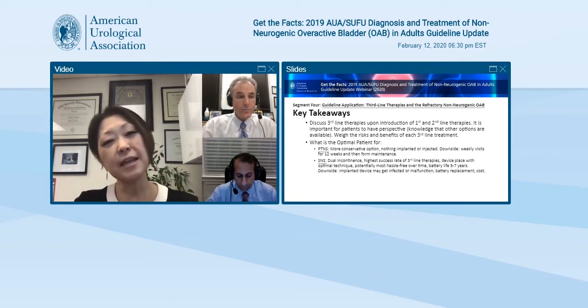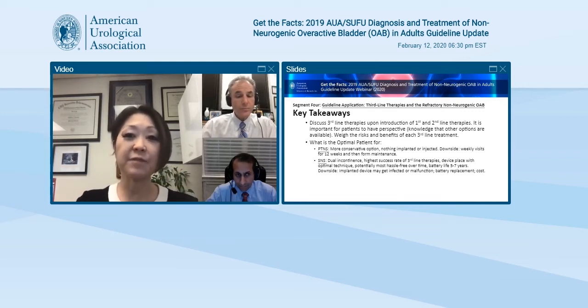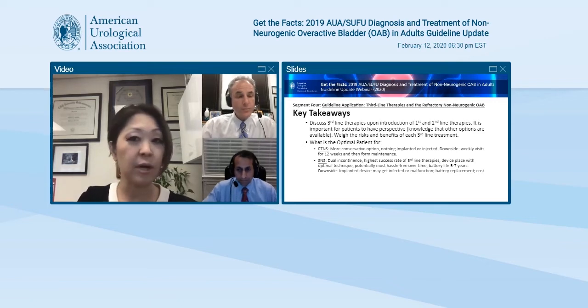And I think the downside is that it's generally performed in a 2-stage procedure, whether you do it in the office as a test or if you do it 2-staged in the operating room. So the patients have to come back twice, but I actually think that's an advantage because the patients get to take it for a test drive, see if it works before they end up with a device that's implanted in their body. So I guess the device implanted could be a pro or a con.